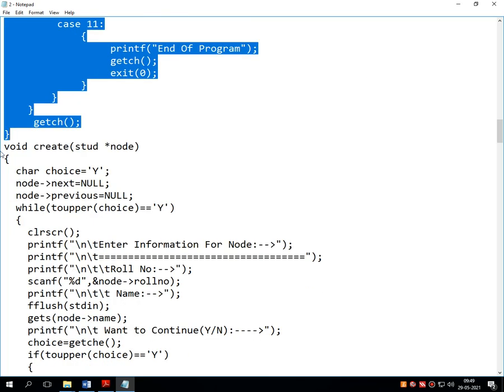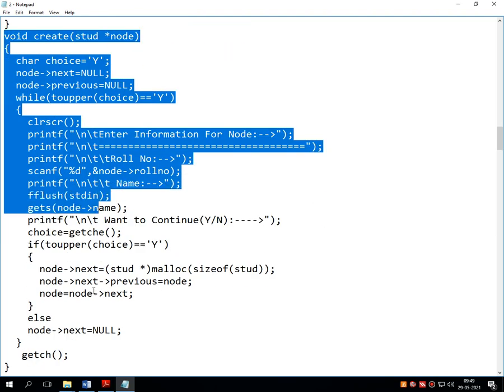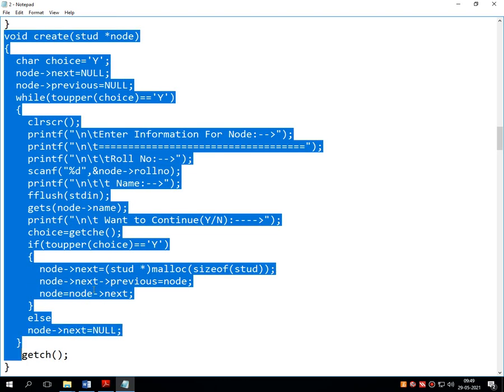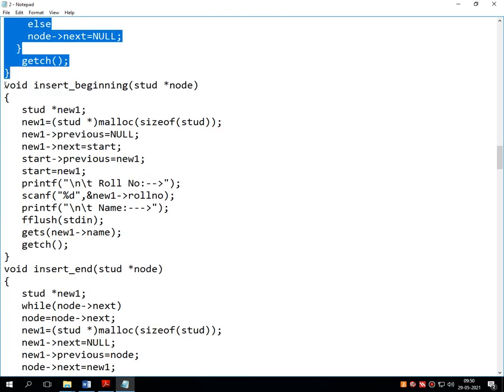Again pause the video and write down this create function. Again pause the video and write down insert at beginning.